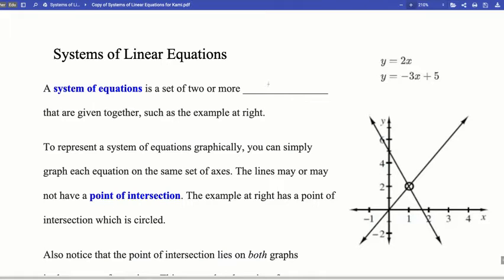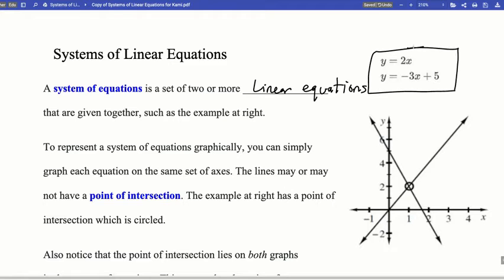Hello, today we're working on systems of linear equation notes. All right, so a system of linear equations is a set of two or more linear equations that are given together, such as the example at the right. Just like this, two linear equations that are given to you together are a system of